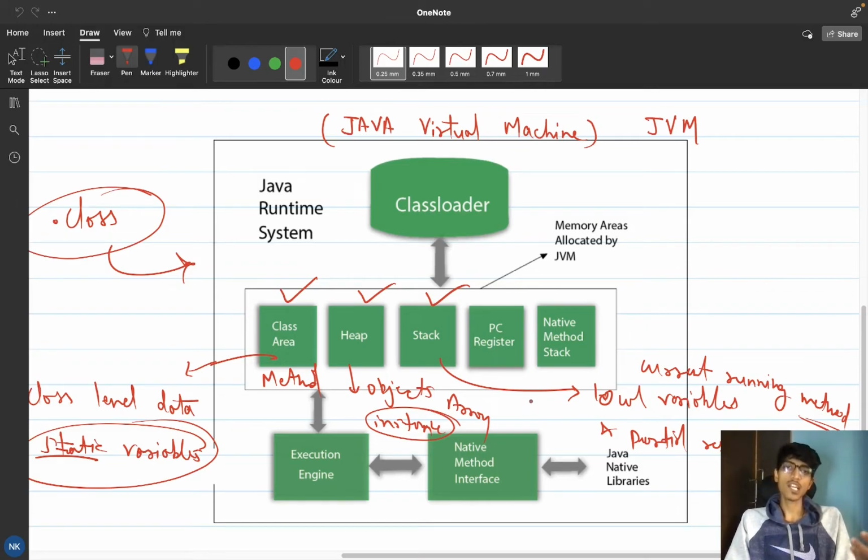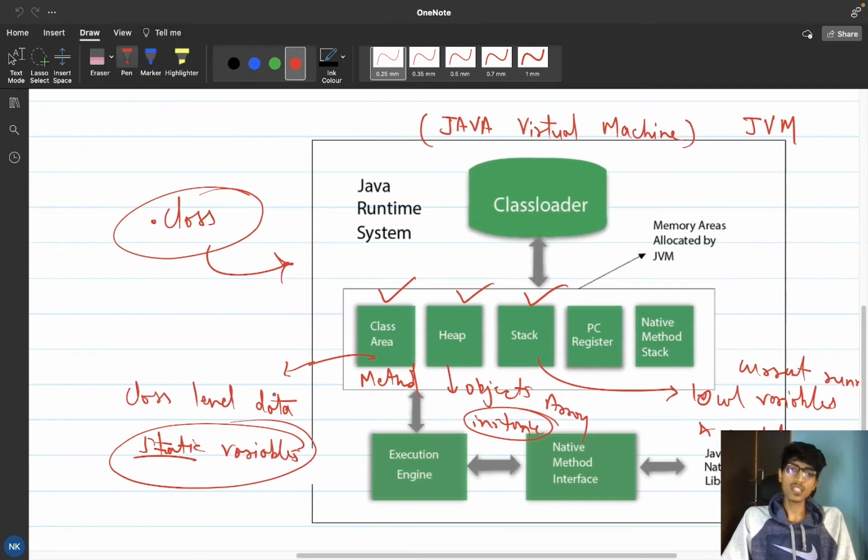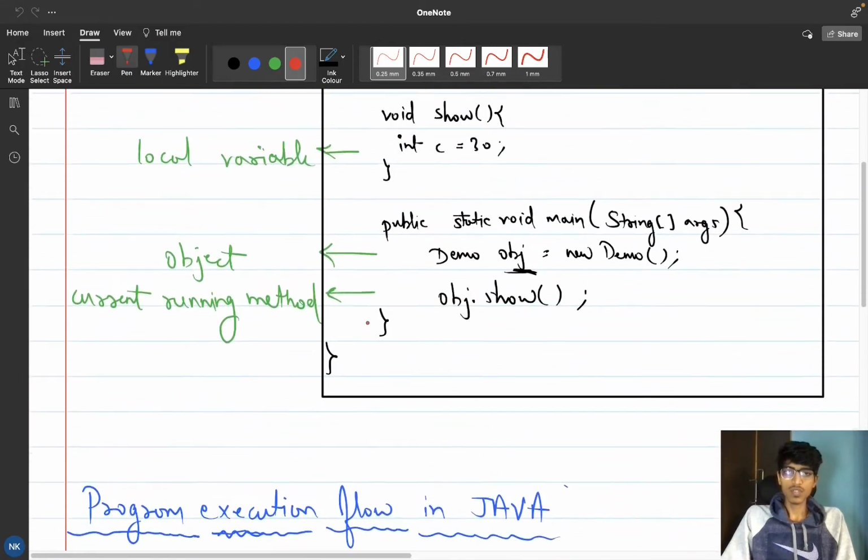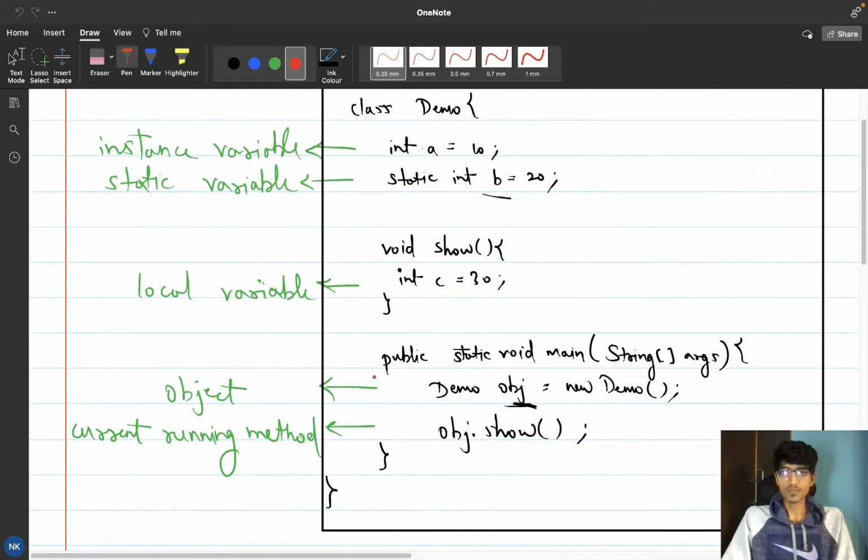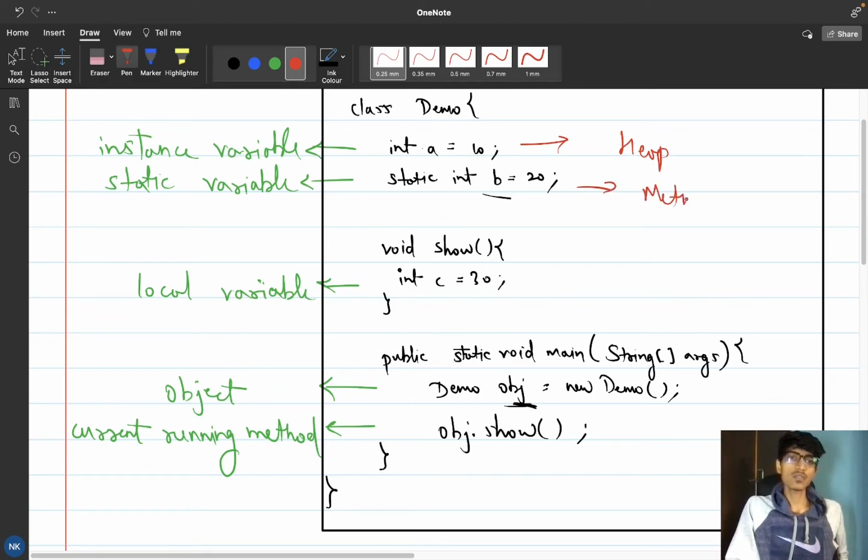So now let us get back to our example and see where our variables and other things are being stored. First of all I have my instance variable. We just understood that we store it in our heap area, and then we have the method area where our class level data is stored, and we understood that the stack area is where our local variables are stored.